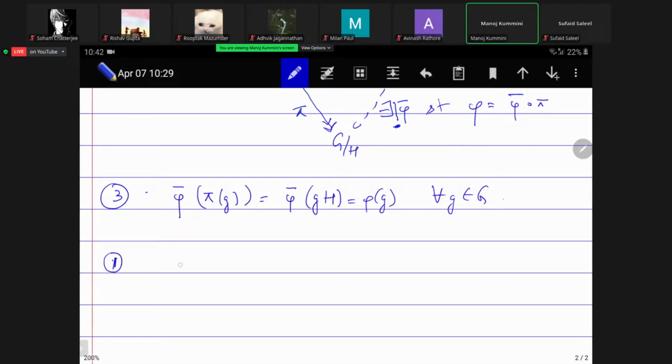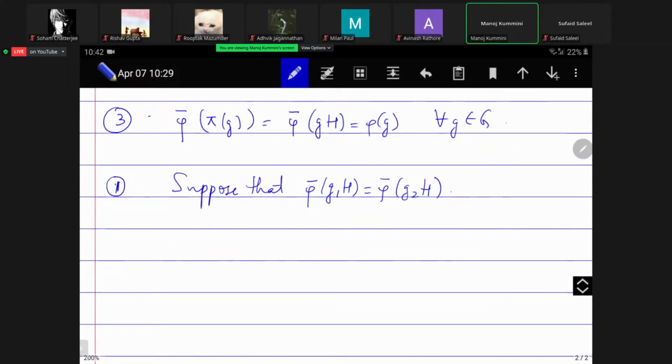So suppose that phi bar of g1H is equal to phi bar of g2H. Then what does this mean? This means that phi of g1 is equal to phi of g2,